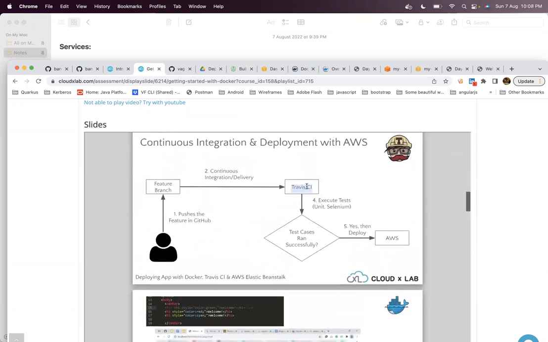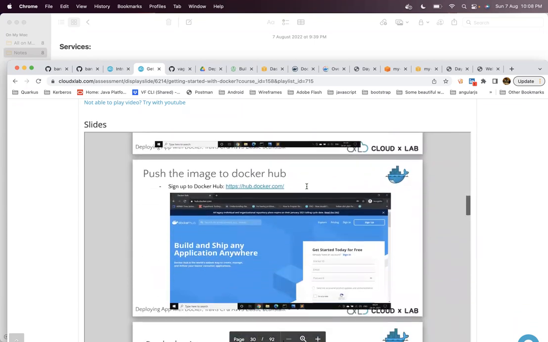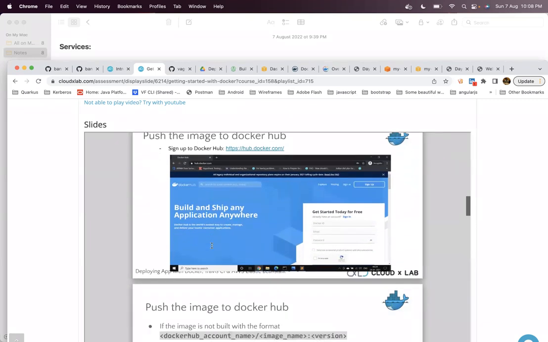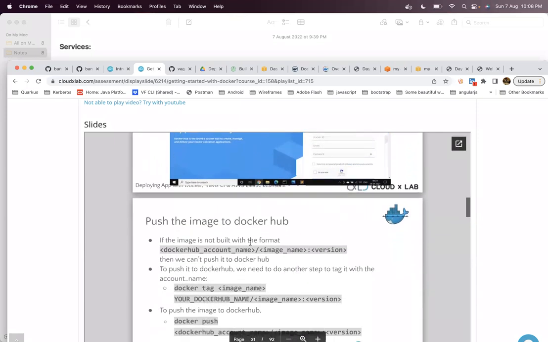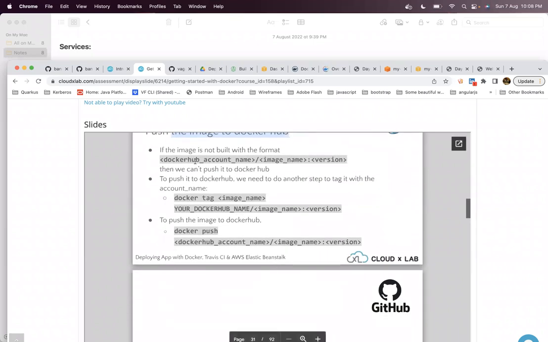What is Travis? How to create a Travis account, and how to write your own travis.yml. What is Docker Hub? We also learned how to push the image to Docker Hub. What is the syntax of pushing a particular image to Docker Hub?